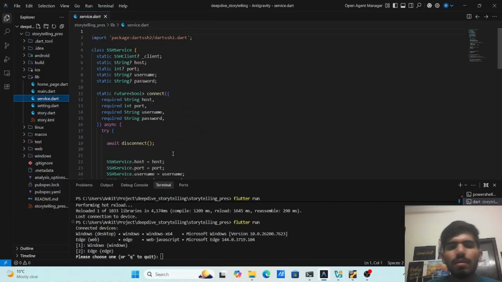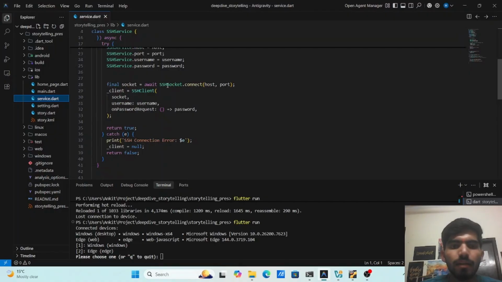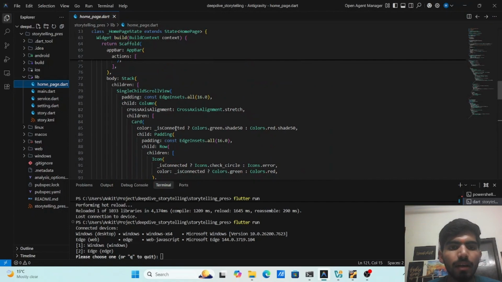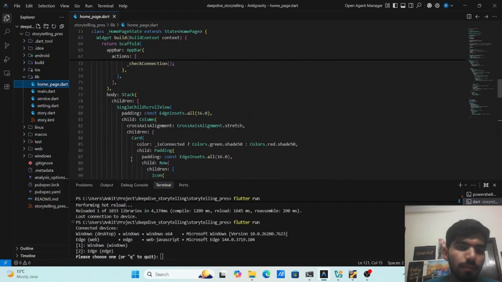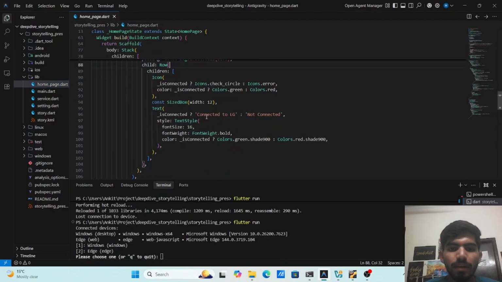Now, if I take you to the service, this is basically to establish the SSH connection between the app and the LG, which is authenticated: the SSH socket connection is established by authentication of username and password. And if I show you on the home page, here we are creating a block which will be green if it is connected and red if not connected. So basically that will indicate all of this. Moving on,